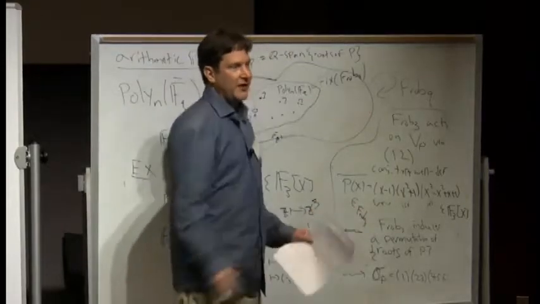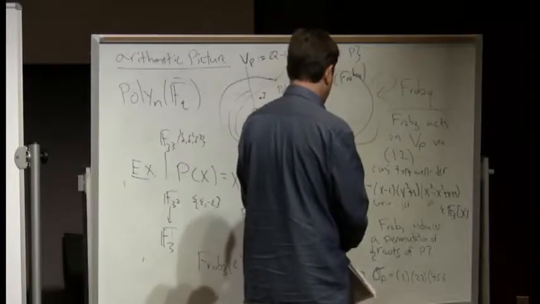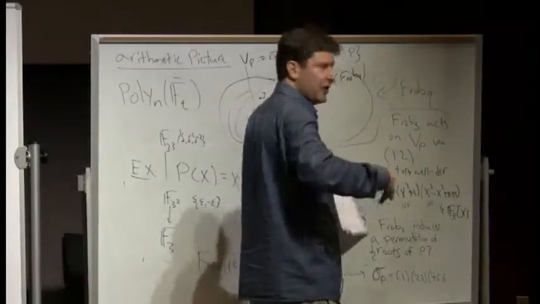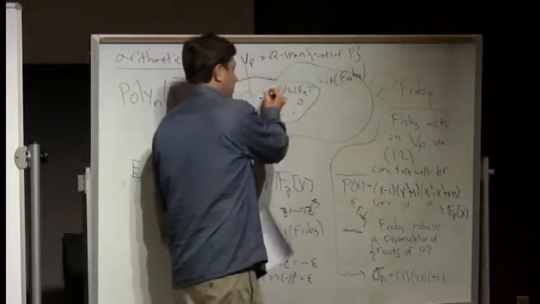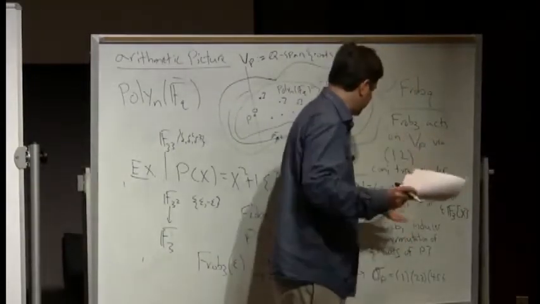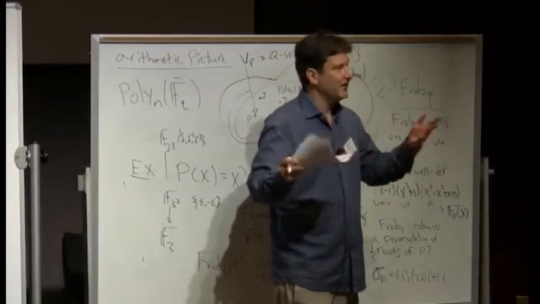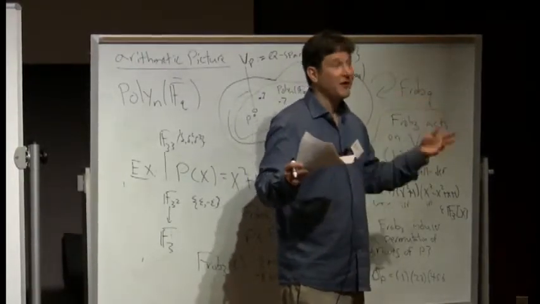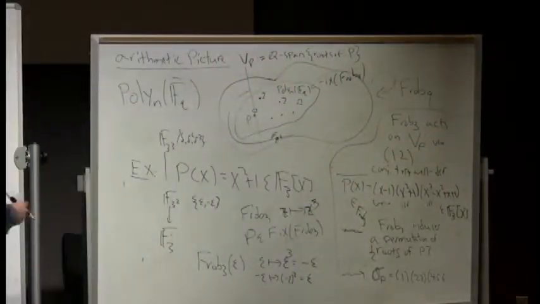If you want to know the number of quadratic factors, or no, let's just count the number of polynomials that have no quadratic factors. I look for polynomials that don't have quadratic factors, and I weight them by 1. The others I weight by 0. That's a class function, because no quadratic factors is like no transpositions. There's a dictionary. For every weight, you get a different theorem, and you get natural theorems. When you put in the sign representation, it tells you about the discriminant. It's a whole big dictionary that's in our paper.